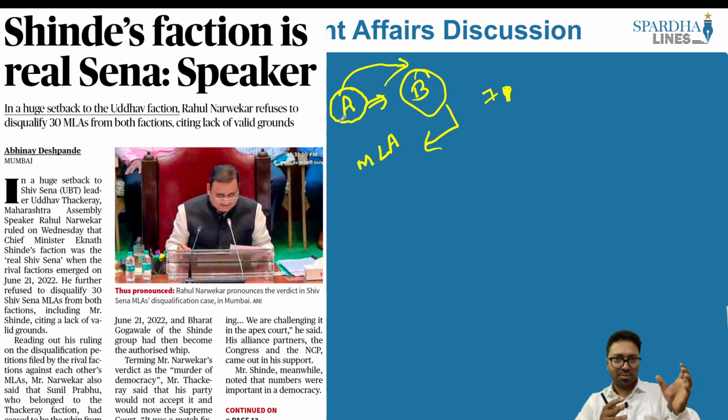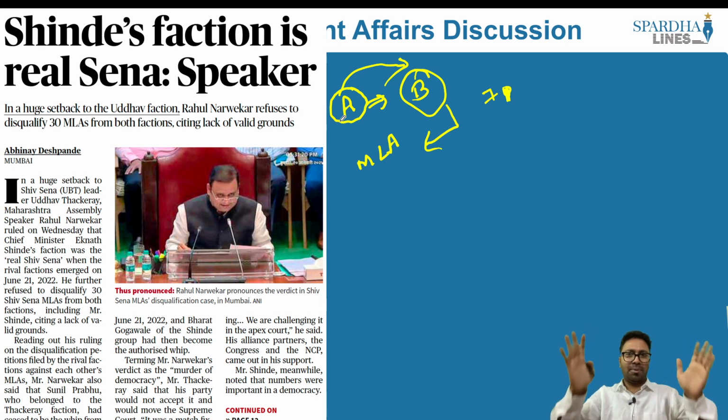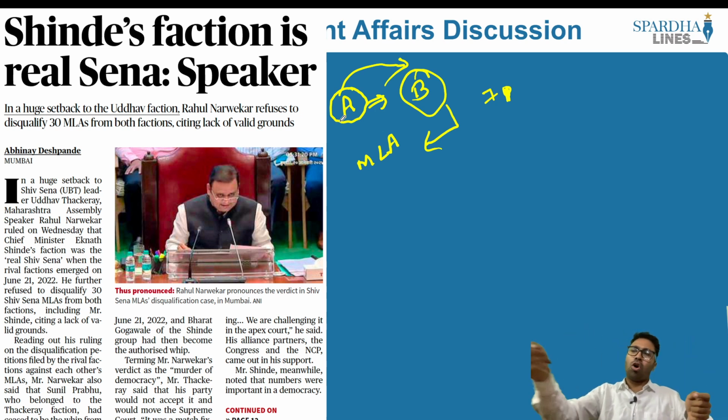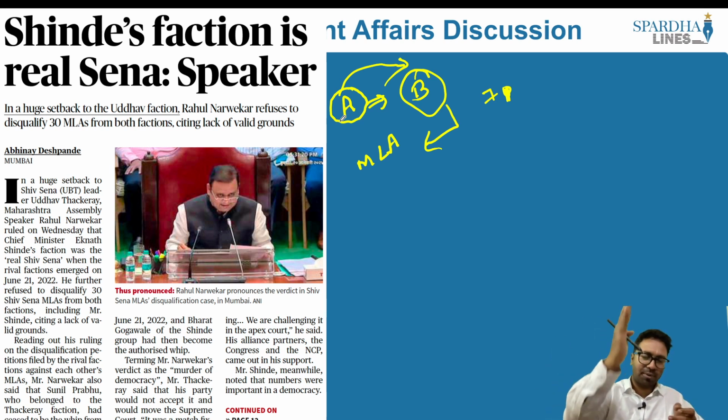A party whip is a person appointed by a political party. Now this party whip will also give instructions to the people. Who are these people? The MLAs and the MPs. So there will be one person appointed as a whip, and this person will issue instructions to the other members of the political party. Now the whip says that you have to vote for so and so. So there will be a bill introduced in the legislature. So all of you from political party A will have to vote for this particular bill.